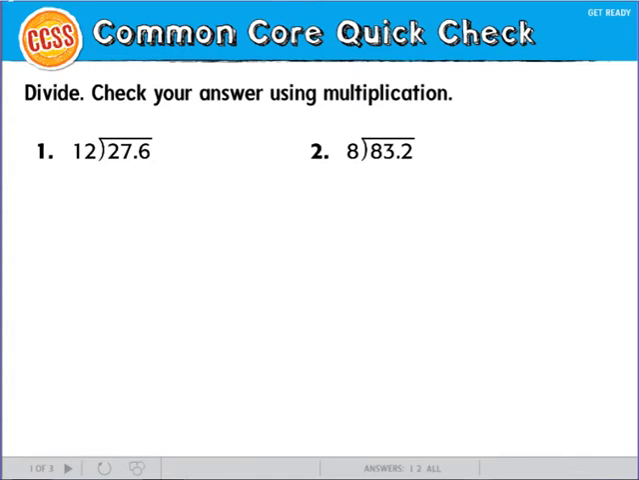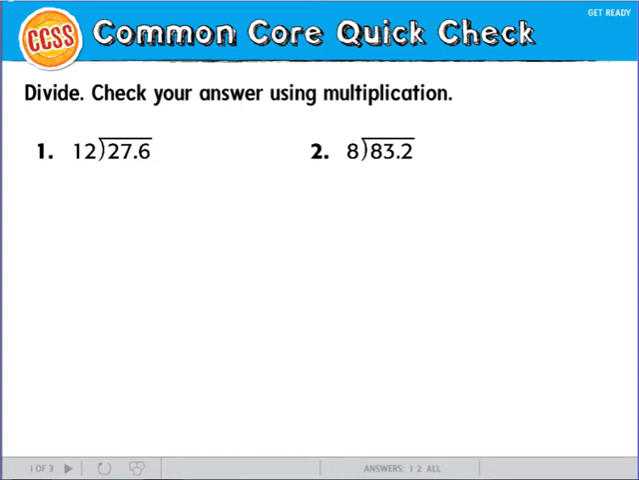So before we get started dividing decimals, we divided whole numbers and decimals already, right? So today we're going to take this a step further and we're going to divide decimals by decimals. So if you can go ahead on your whiteboards and do these two problems, we'll go over them in just a second. Okay,